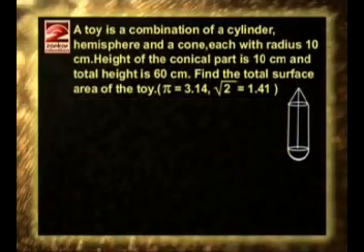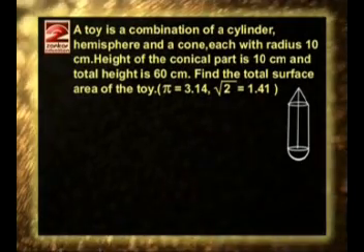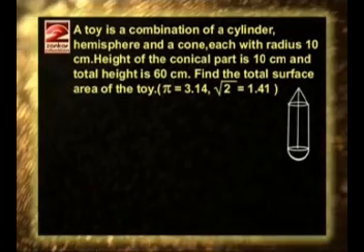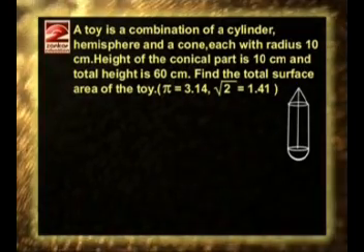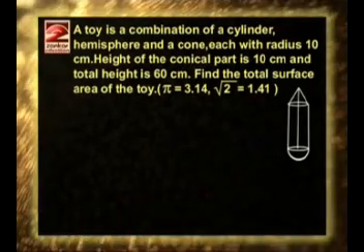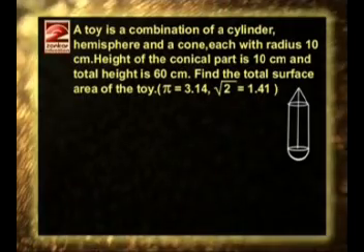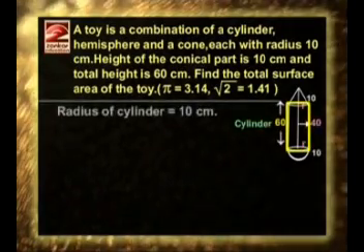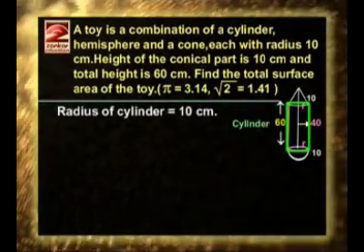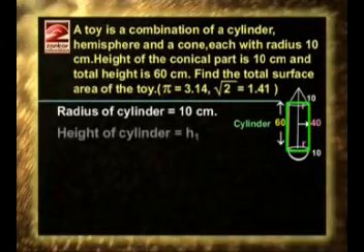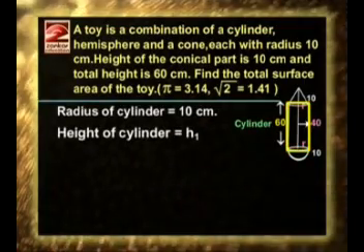Now the question: a toy is a combination of a cylinder, hemisphere and a cone, each with radius 10 centimeter. Height of the conical part is 10 centimeter and the total height is 60 centimeter. Find the total surface area of the toy where pi is equal to 3.14 and root 2 is equal to 1.41. Here the radius of the cylinder is equal to 10 centimeter and the height of the cylinder h1 is